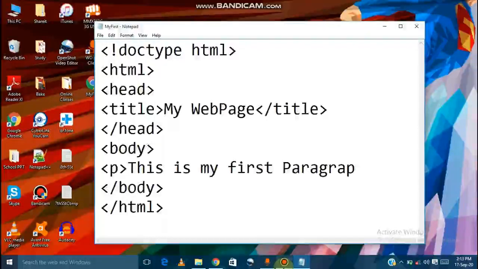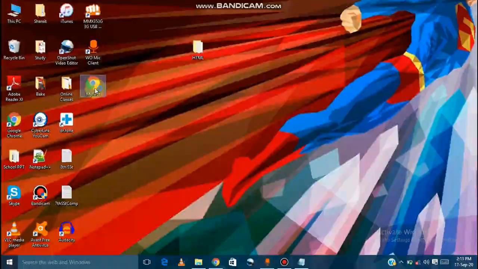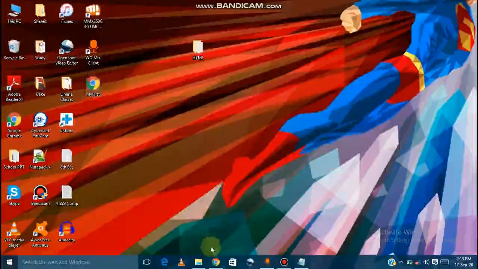Since we have written this, the second thing is to close the paragraph tag, right? And then save your file, and go to the program that you have made. So this was the program that we had made. This is coming like this: this is my first paragraph. So this is how you use a paragraph.